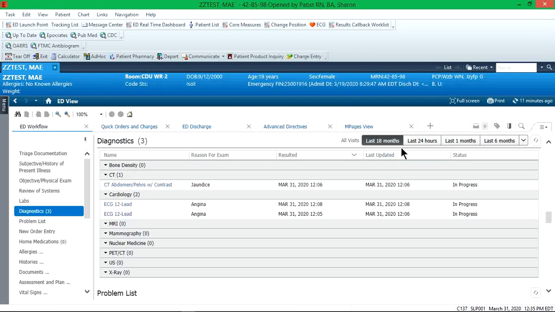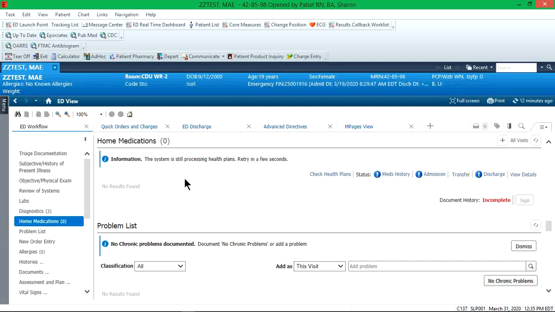Don't forget that your sections, just like your lab section, your diagnostic section can be adjusted to look back in time, looking back in this case as far as 12 months. You can move up other sections here. For example, if you wanted to, you could move up your patient's home medication list, and of course you would be seeing your patient's home medications. In this section,